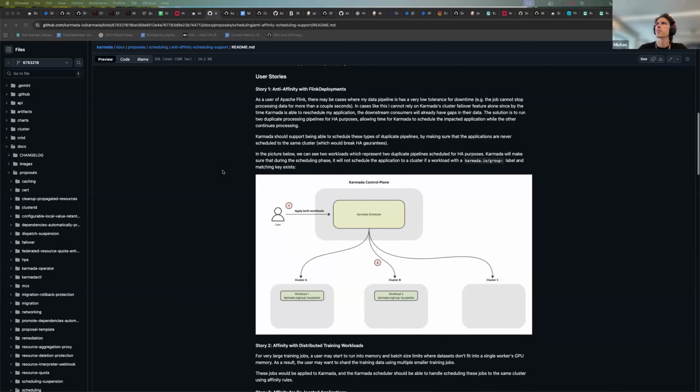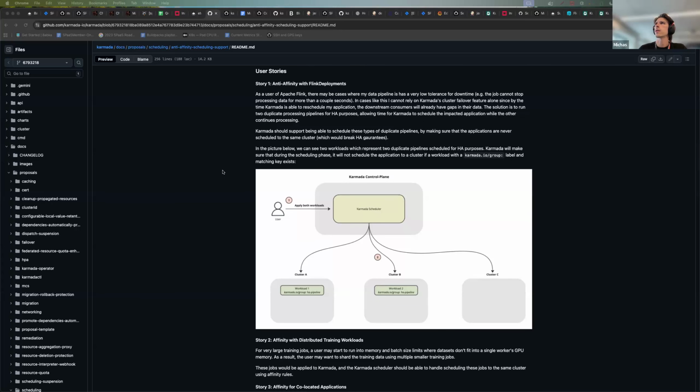For the user story, it's probably best to start with our use case. So as a user of Apache Flink, there might be cases where your data pipeline has very low tolerance for downtime. This is especially true in production environments. We currently have both application and cluster level failover enabled. But in both cases, even if, for instance, you were to have an instantaneous failover, which in most environments we know will never be true,